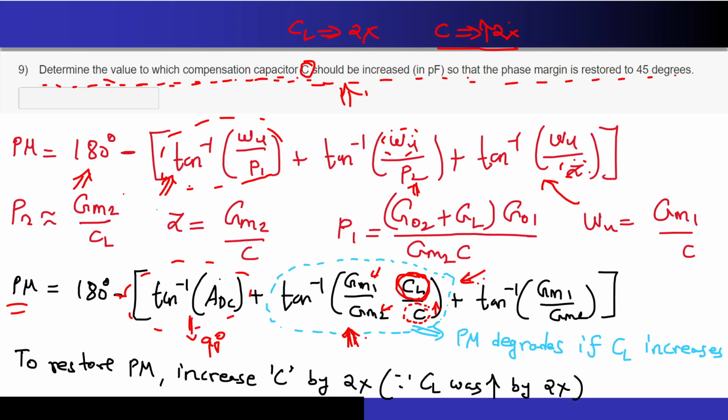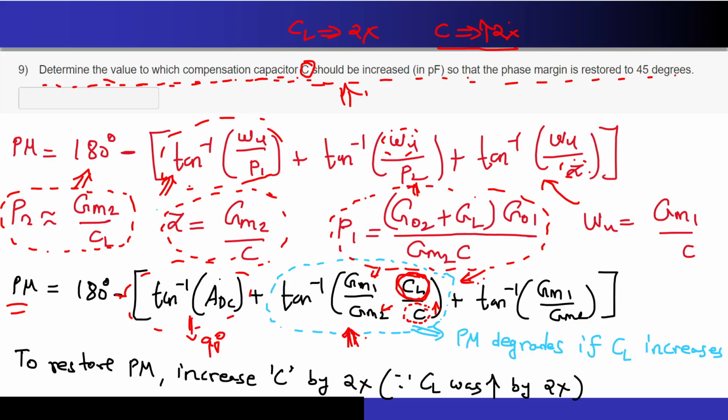Very good. So now what I have done, these expressions we have already calculated from assignment 4, right? The expressions for the P2, the 0, the P1 and the omega U. Remember why I am doing that? Because the question has mentioned something. They are asking me to find out the new value of the compensation capacitor so that the phase margin is